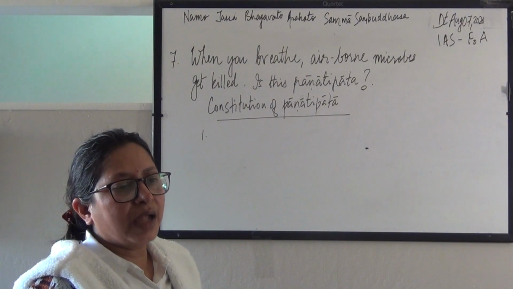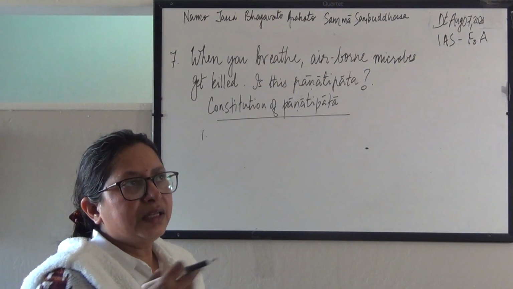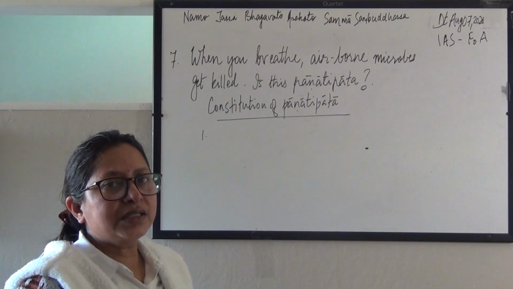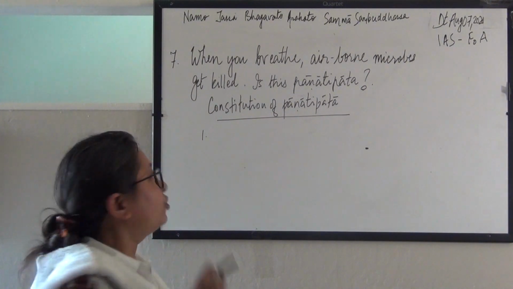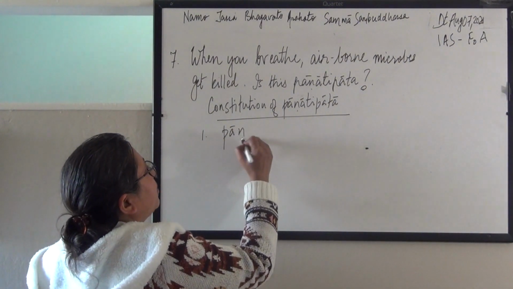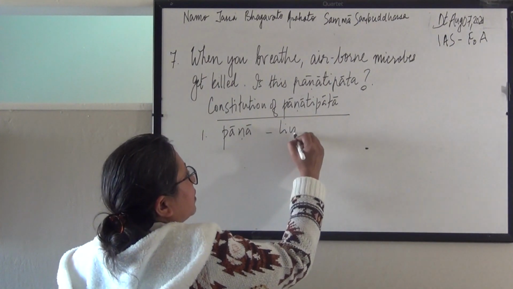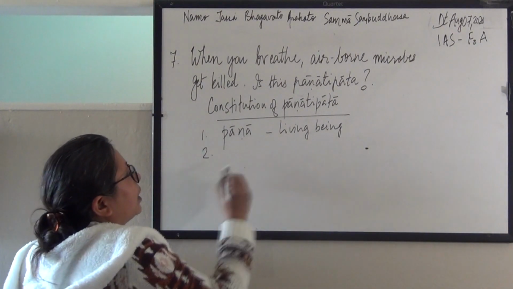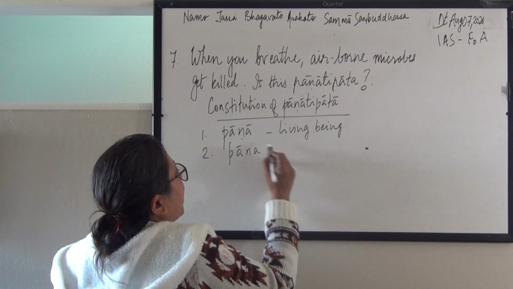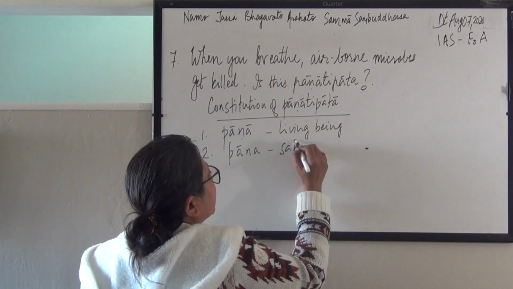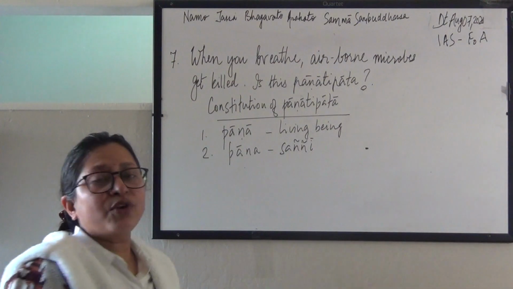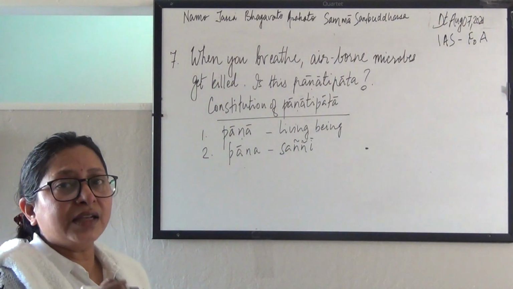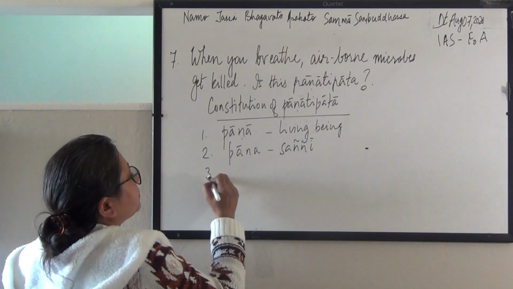when does it happen that you kill an insect? When one kills an insect, or killing, the action of killing, when does it happen? So first thing is that it should be a Pana. Pana means a living being. First requirement. Second is it should have Pana Sayi. Means it should have consciousness, that we should be knowing that it is a living being. Third is